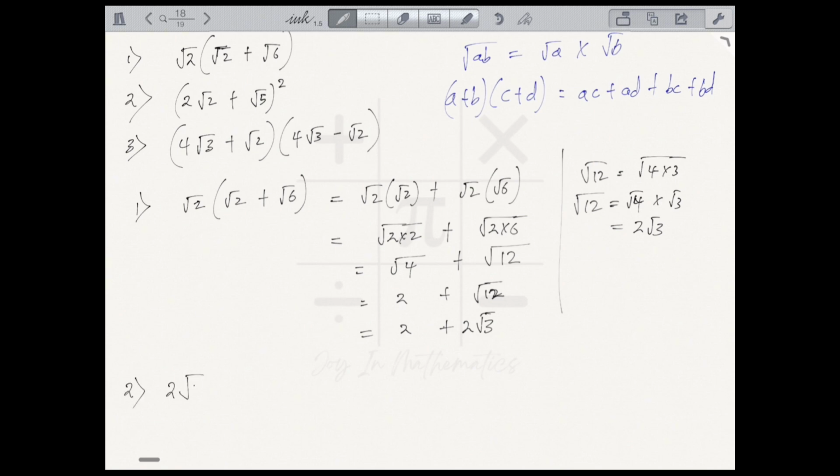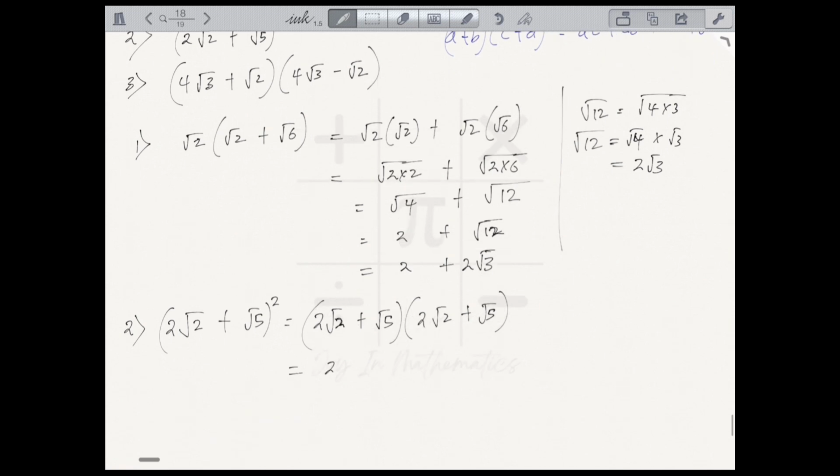Moving on to question 2, we have 2 root 2 plus root 5 all squared. This simply means that we are going to multiply 2 root 2 plus root 5 by itself 2 times. So this will be 2 root 2 plus root 5 multiplied by 2 root 2 plus root 5. Therefore, we have 2 root 2 multiplying 2 root 2 plus root 5. Also, we have root 5 multiplying 2 root 2